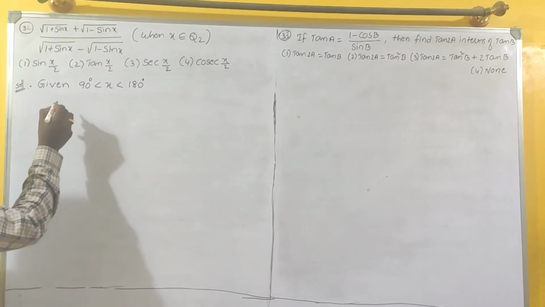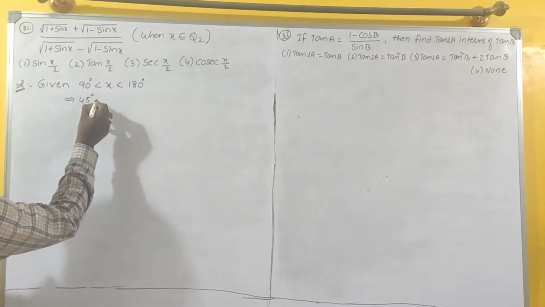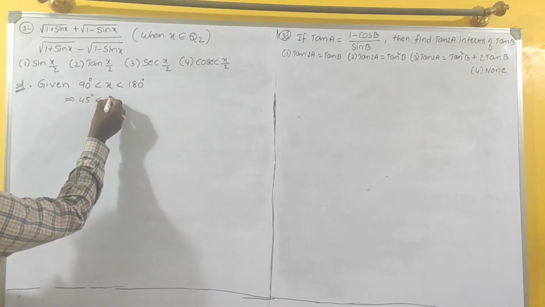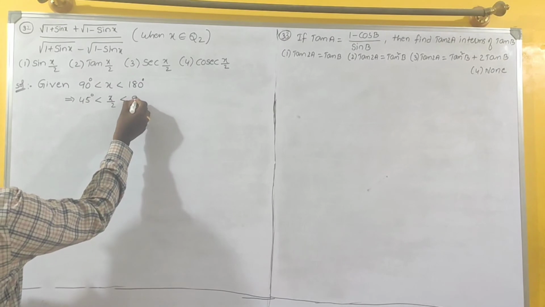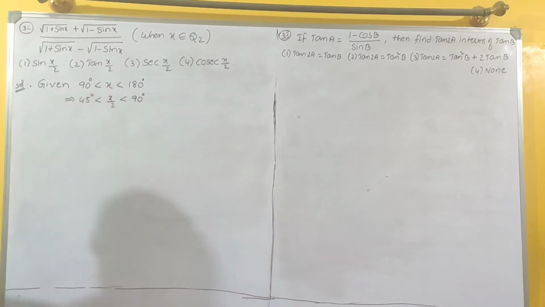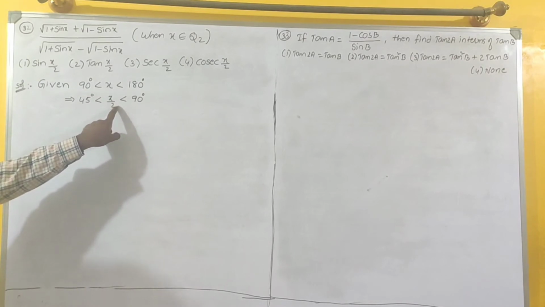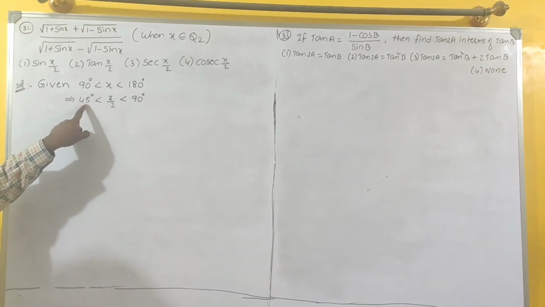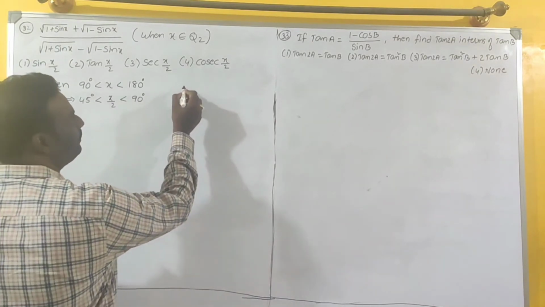Now, if you divide with 2, 90 by 2 is 45, and x by 2. 180 by 2 is nothing but 90. Means x by 2 lies between 45 to 90. If 45 to 90, which value is more? Sin value is more, because